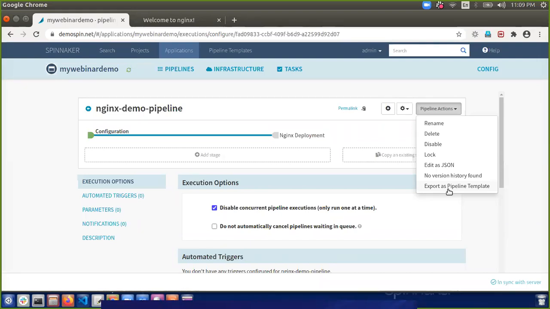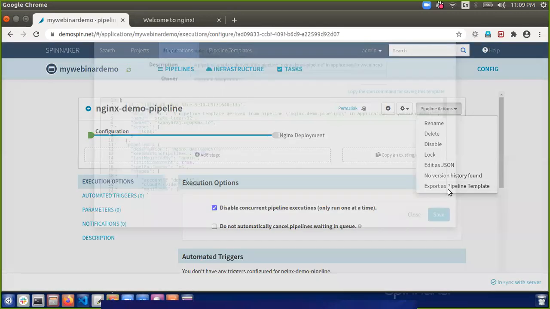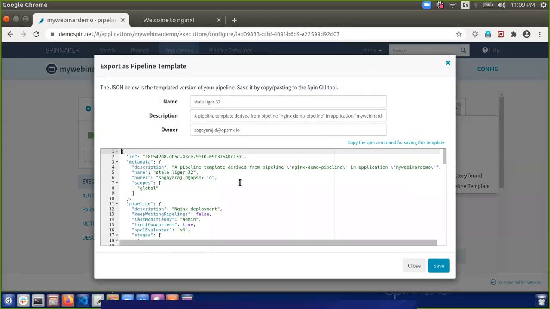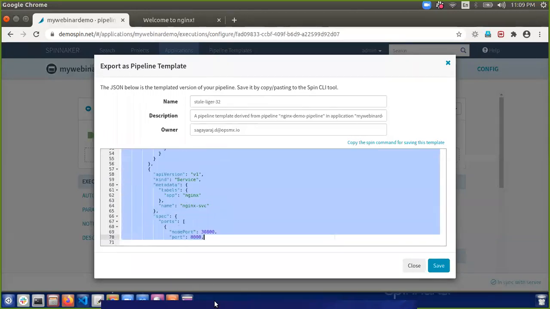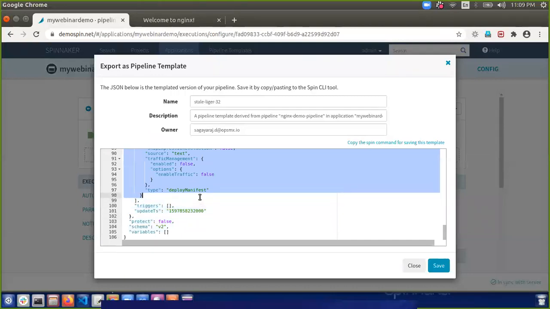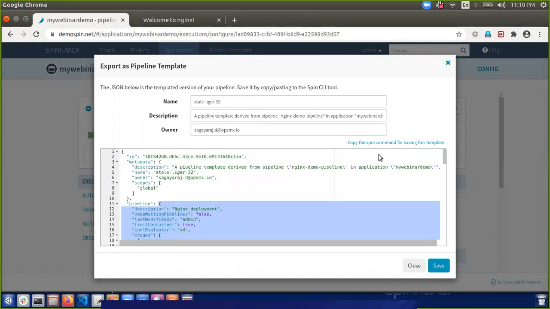So for that, you can export this pipeline as a base to create your template. So this will essentially bring back every pipeline configuration that you have seen in the previous window. So that is essentially from line number 11 to 102. This was your pipeline code without a pipeline template. This was your pipeline code. So when you create a template, the additional features that it carries over are